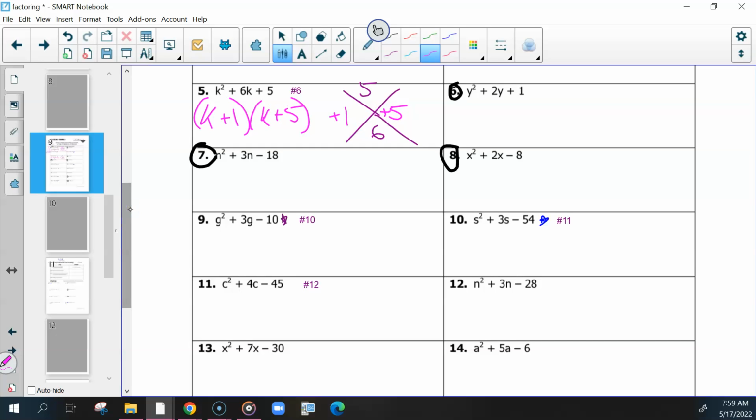Number 8. We're looking for two numbers that multiply to be -8 and add to be 2. So one of our numbers is going to be negative, since we're multiplying to get a negative. But you can think about just the factors first, and then worry about which one is negative after. So what are some factors of 8? 4, 2, and